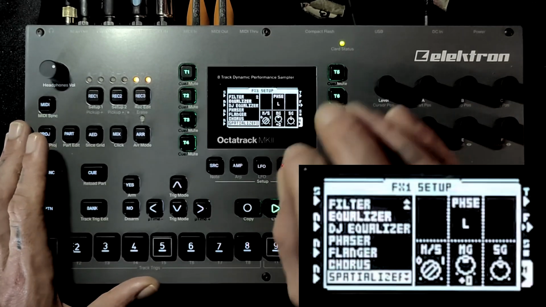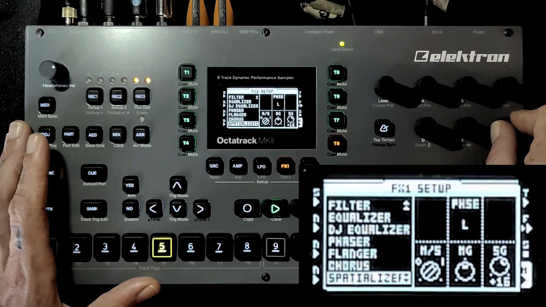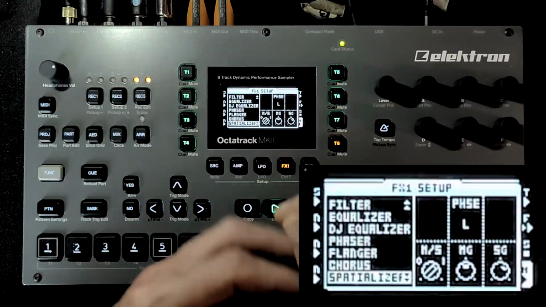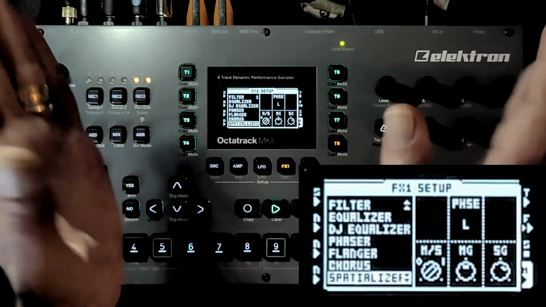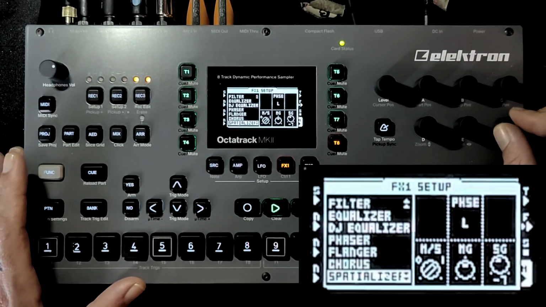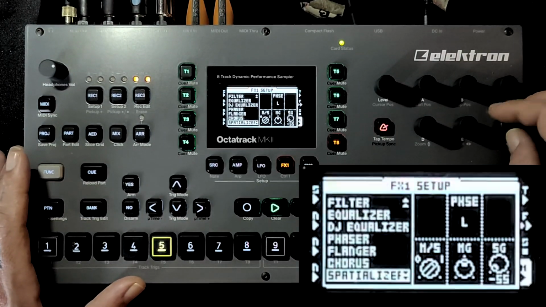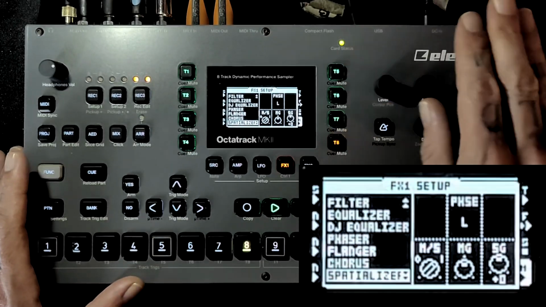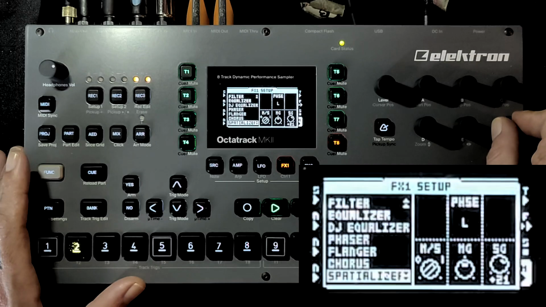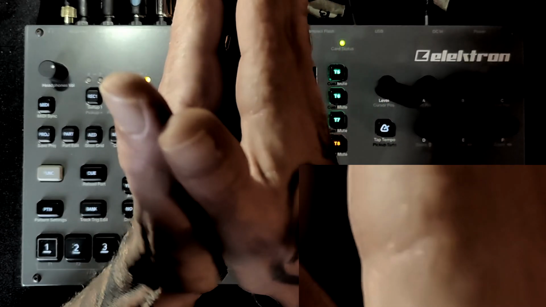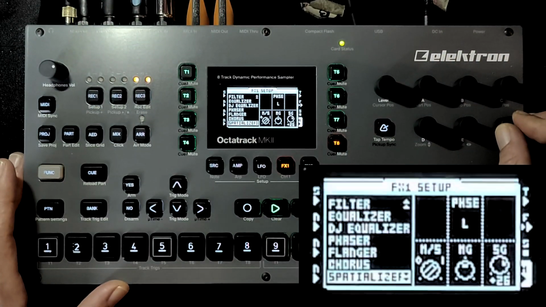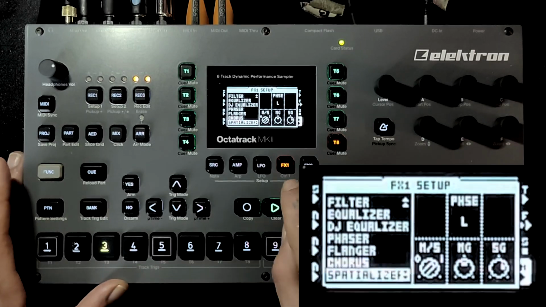So, leaving the mid as it is, but I want a little bit more on the side, you start to hear that the stereo image is opening up. Listen again. This is basically mono. This is normal. Hear how much you are opening up the stereo image. Now,